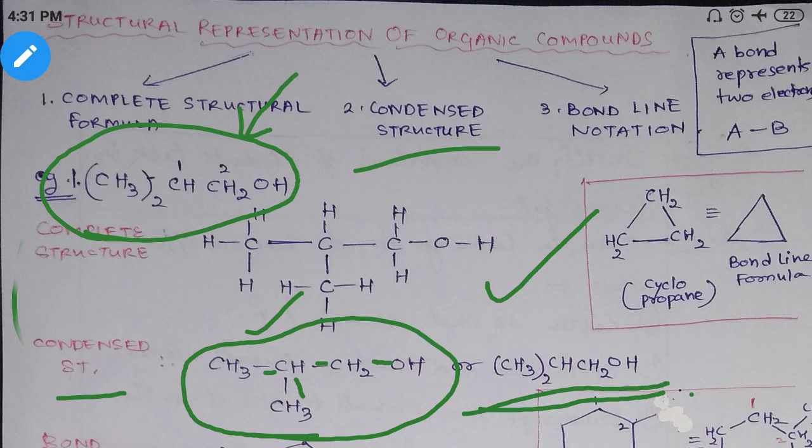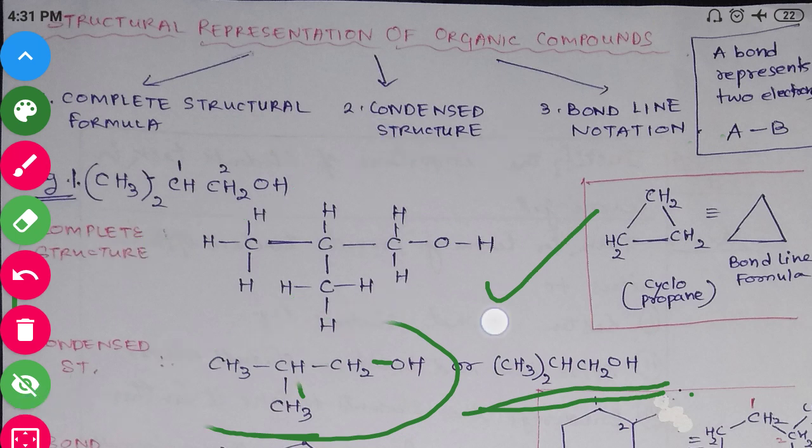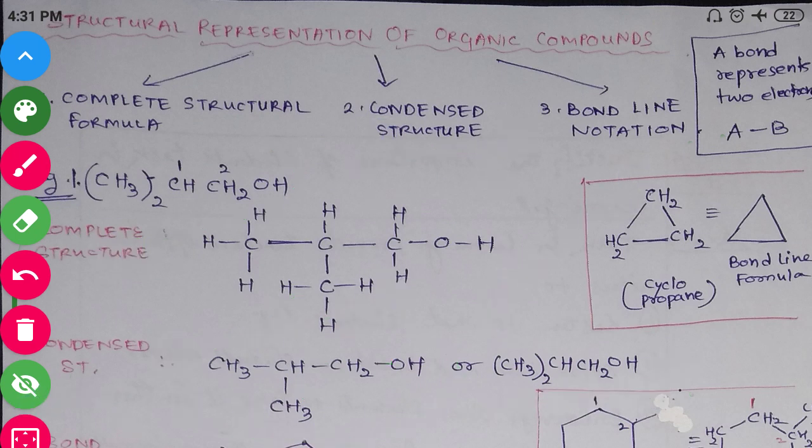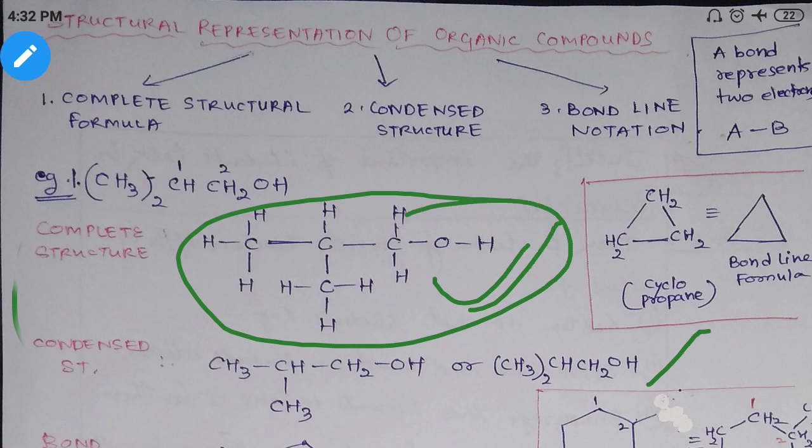It helps us because every time we cannot write the full structural representation. We are just starting to learn chemistry, and every time you cannot write such a big structure, it is not possible. That's why these condensed structures are made. If you go into detail in organic chemistry, there are very big structures, and if you write them showing all the bonds, it will take your whole page. So we introduce the condensed formula, so that big structures can be written in a condensed way. These are only ways of writing the structure.